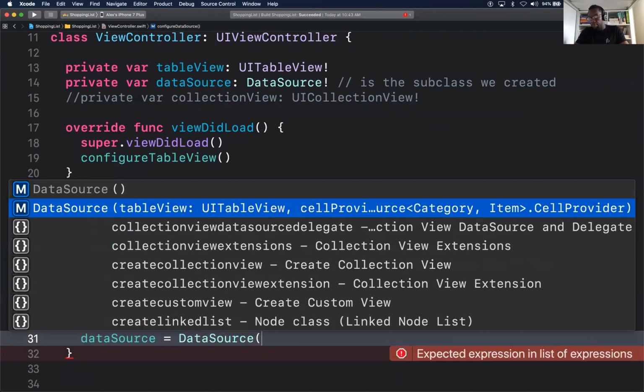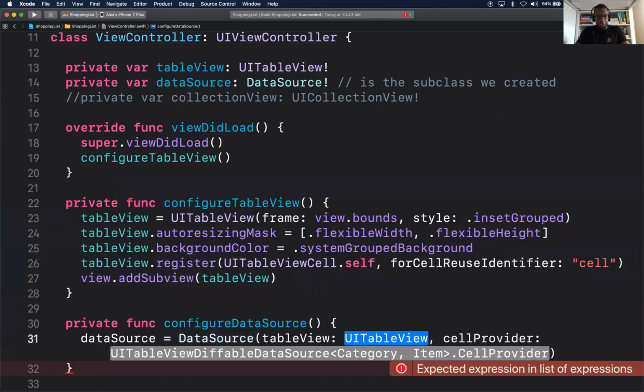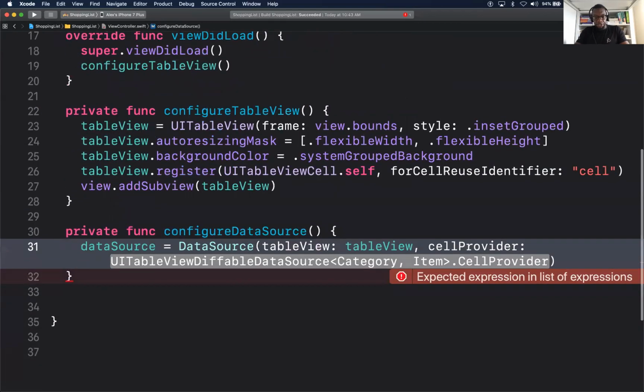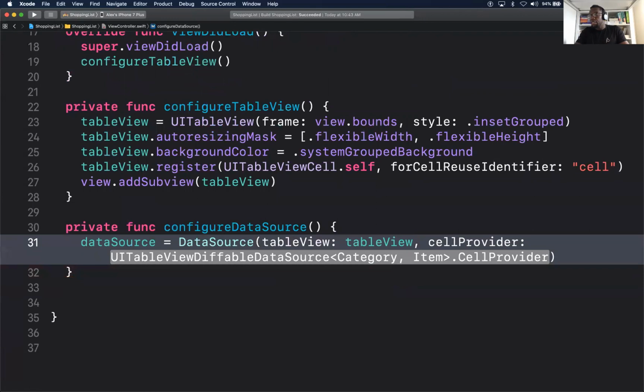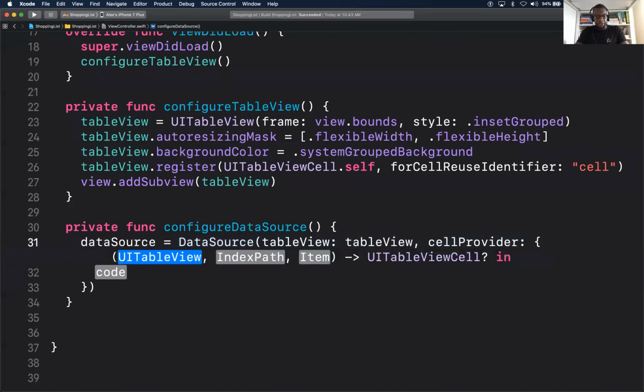Everybody? Yes? Yep. Press enter. For table view, just put in table view here. Go ahead and tab over. Was there a question? For the cell provider, go ahead and tab over, press enter.